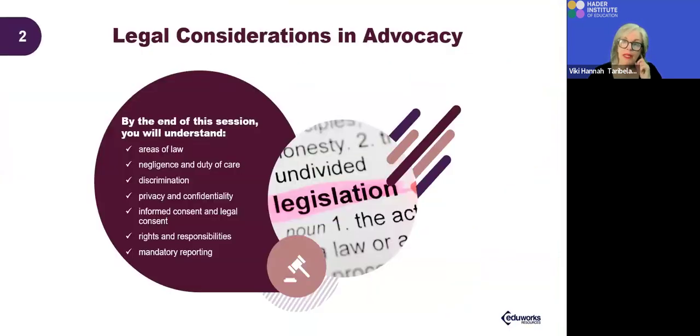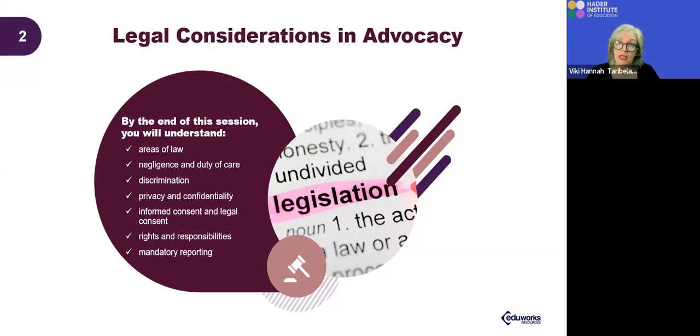So just in reflecting on that, think about the difference between what an advocate does and what a support worker does. An advocate is a formal position. So you may be a court support advocate, you might be a disability advocate, you might be an NDIS advocate, and various roles. But a support worker has a different relationship where it's around your position description, your duties, and the scope of your role.